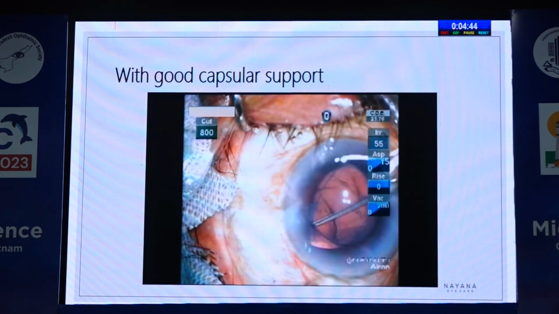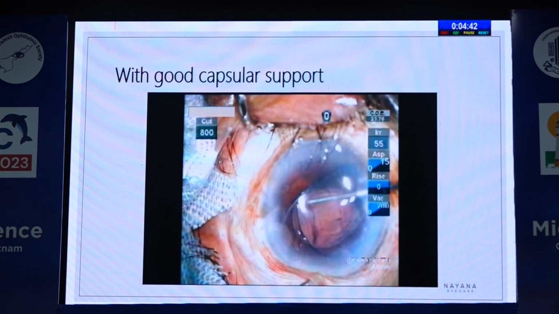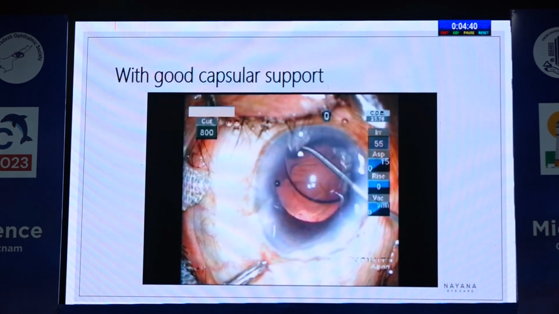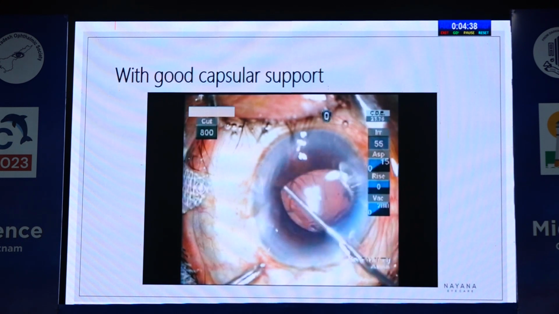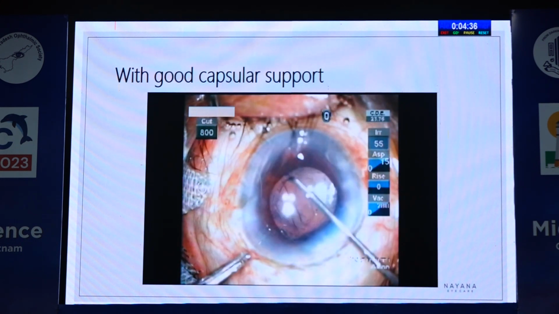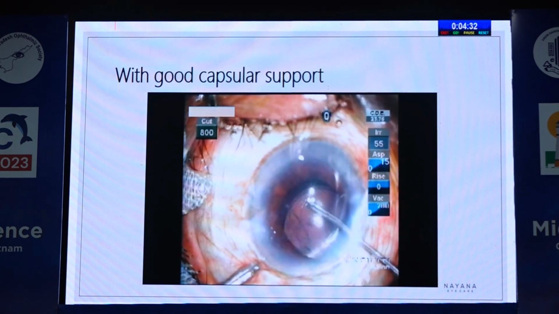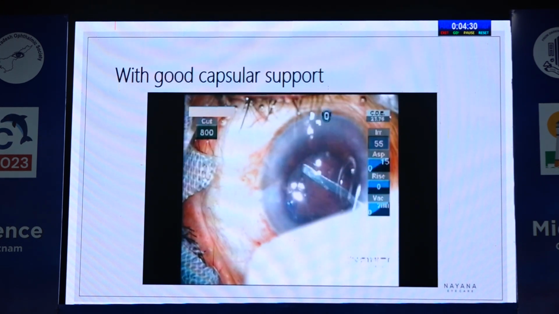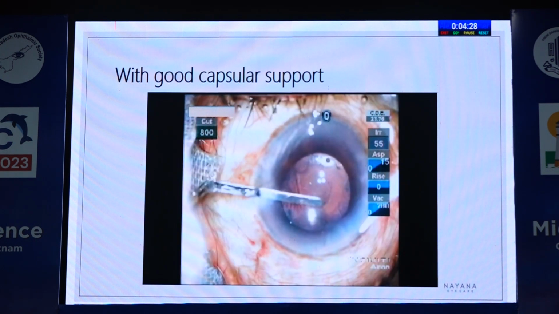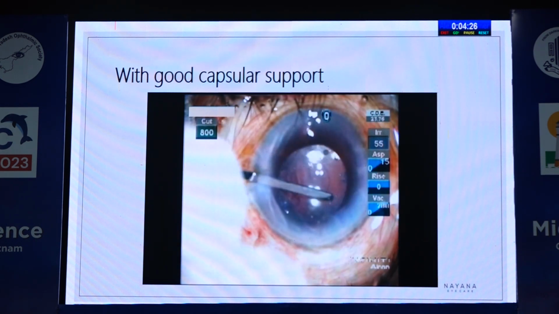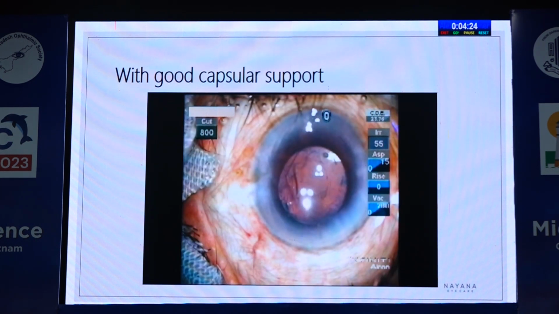But before doing that, you have to make sure that there is no vitreous in the anterior chamber. You can use triamcinolone acetonide to stain the vitreous and do a proper anterior vitrectomy, and you can place the IOL in the sulcus and do an optic capture for the IOL to be in